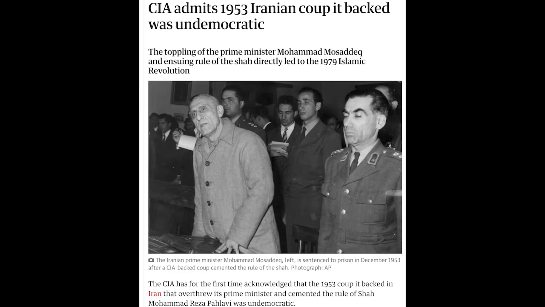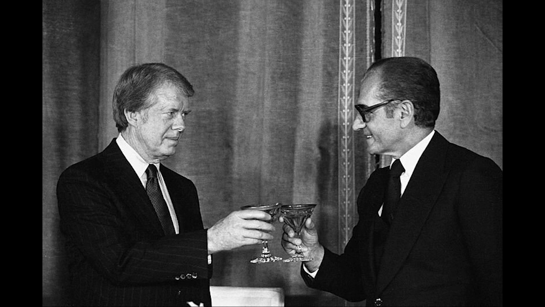So the events took place in Iran, but the influence by America and the eventual effects upon America were very direct and important even up to today, 45 years later. The CIA now admits it orchestrated a coup of the democratically elected leader of Iran, Prime Minister Mohammad Mossadegh, in 1953. The leader they installed, Shah Mohammad Reza Pahlavi, became a friendly asset to the United States in the Middle East,